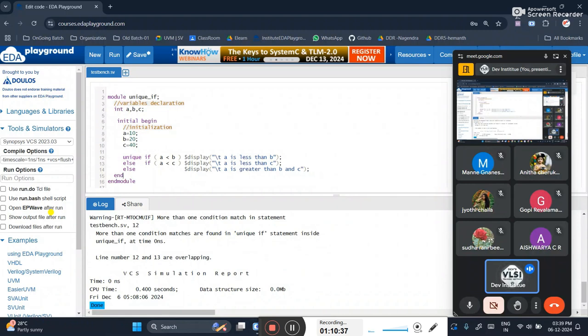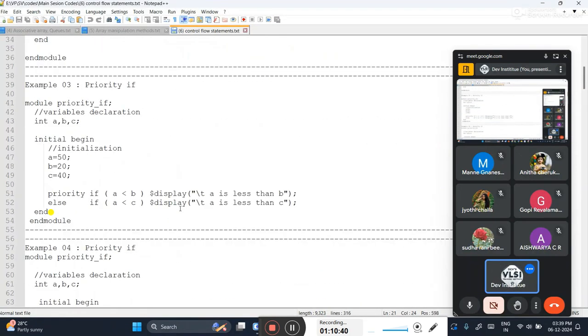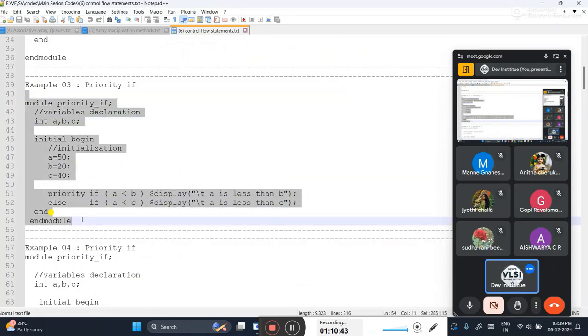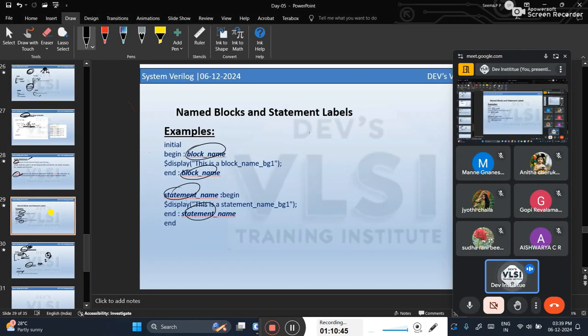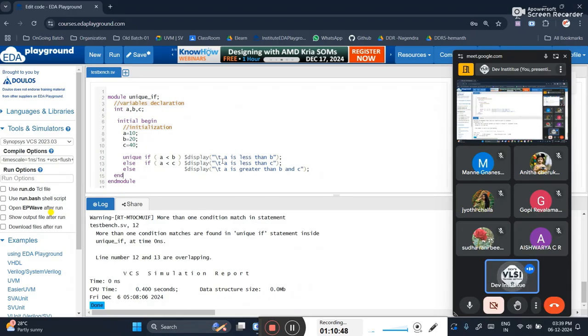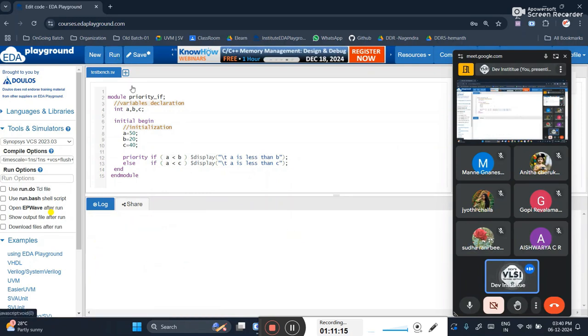Now if I go for priority if, now I'm going to prioritize. It's okay even if I have multiple displays, or the same condition multiple times, no problem. I just want to prioritize my first display. Here I'm using a priority condition, prioritizing one statement. Of course both are correct, the first statement is true and the second statement is also true, but I will prioritize my first statement. If I run the code,